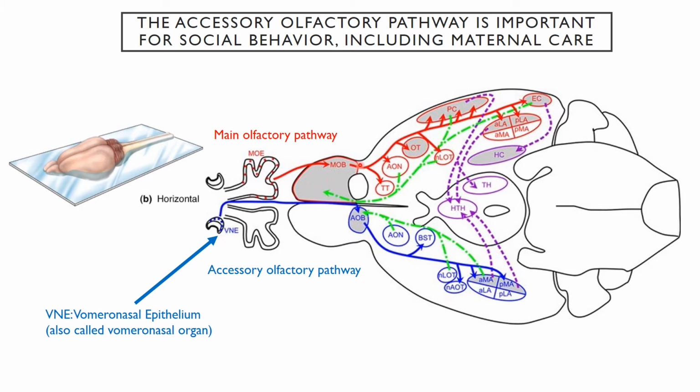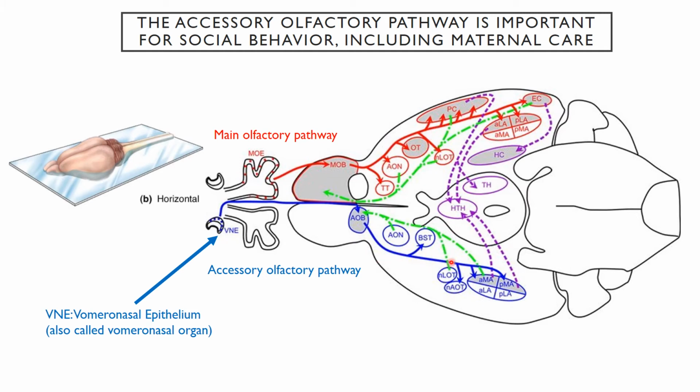So it's right up there near the main olfactory bulb, but this is just a secondary pathway. And then projections from there are sent to different areas. They don't send projections to these cortical areas like the entorhinal cortex and piriform cortex, which are very important for the perception of how we perceive odors and recognizing odors.